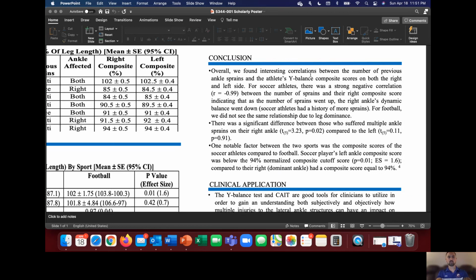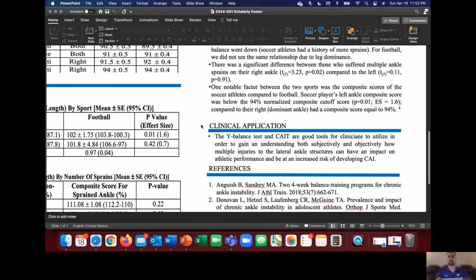As for why there is a difference between the left composite score for the soccer athletes and the football athletes, though this was primarily the unaffected side, it could be the conditioning that they receive from the program, both in season and preseason. So there's a little bit of clinical application of this: both of these assessments are really good